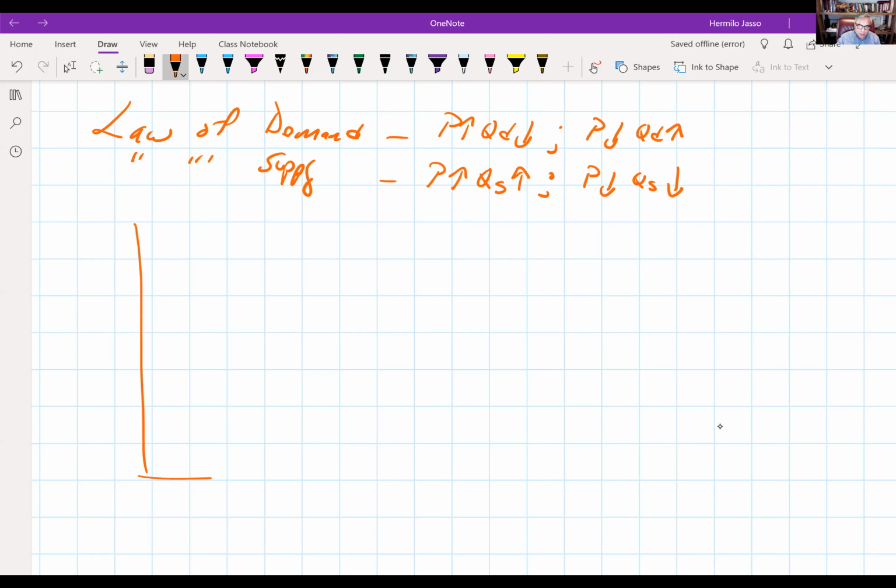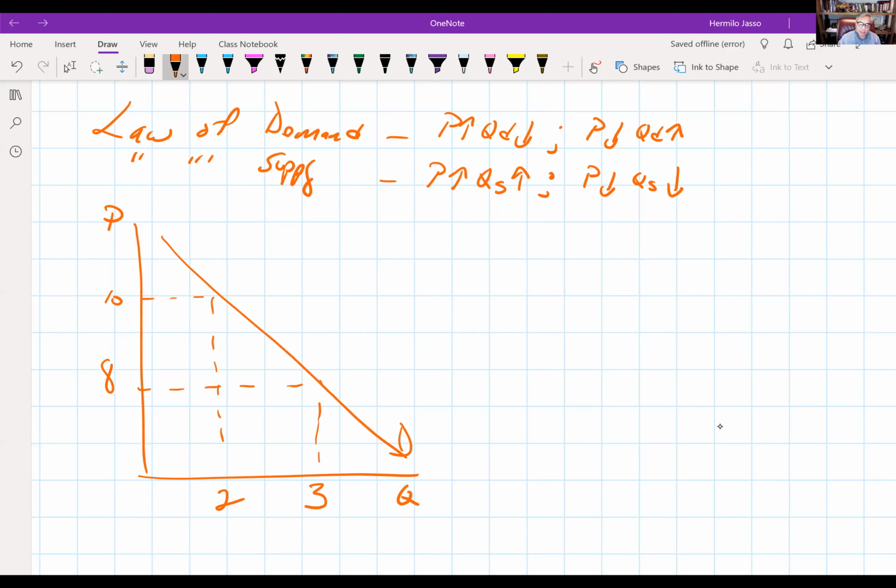Then we discussed that demand is your willingness and ability to buy certain things. So this is your price, this is the quantity. If the price is $10, we say that you will buy, let's say, 2 units, but if the price drops to 8, then you're going to buy more units. So remember, this is going to be on the exam on Monday.